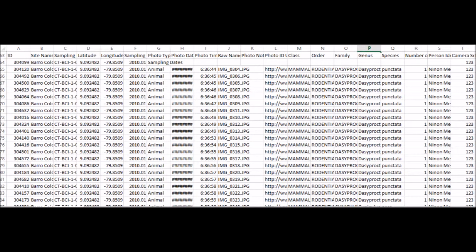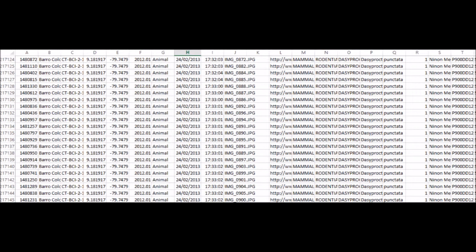Hi, my name is Natasha, and today I'm going to be analysing the species richness and species diversity at the Barra Colorado Nature Monument in the Soberania National Park, which is located near the Panama Canal. I'm going to be comparing the species richness and diversity at one site in 2011 and 2013 using the camera trap data collected from the site, and I'll see if there is an increase or decrease in diversity and richness